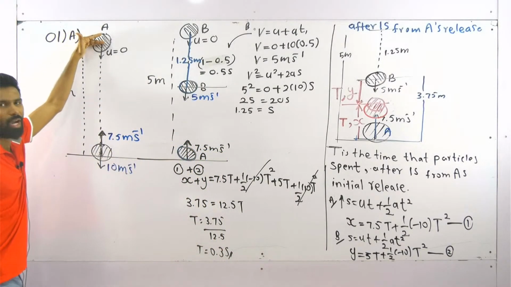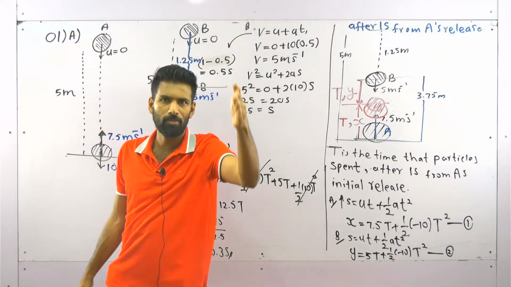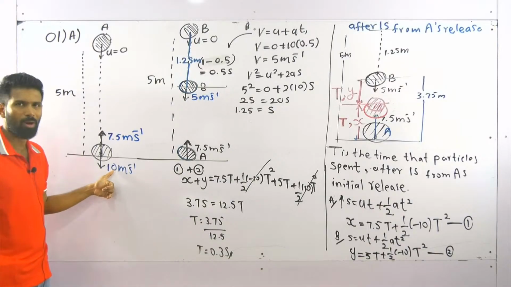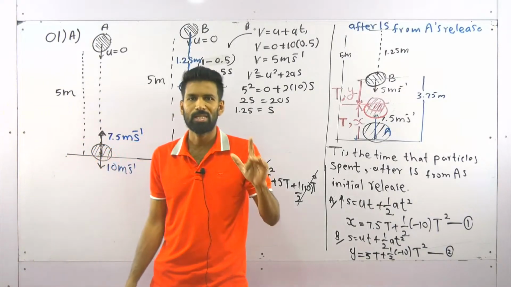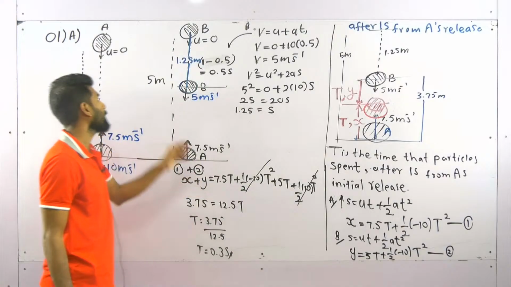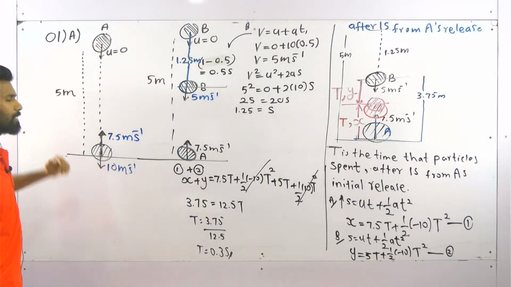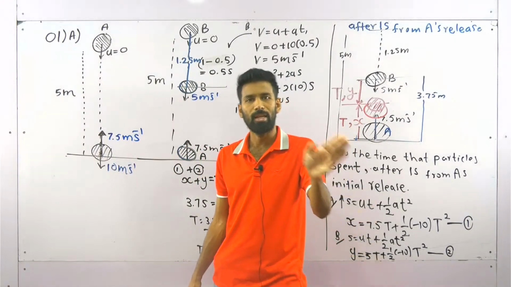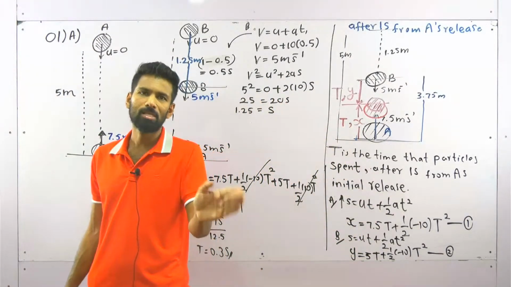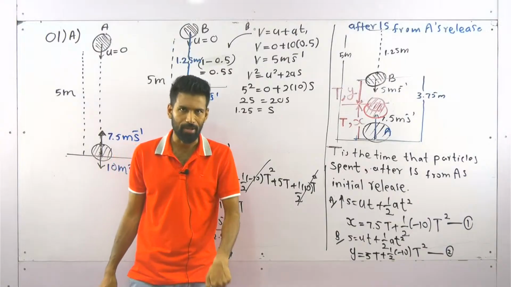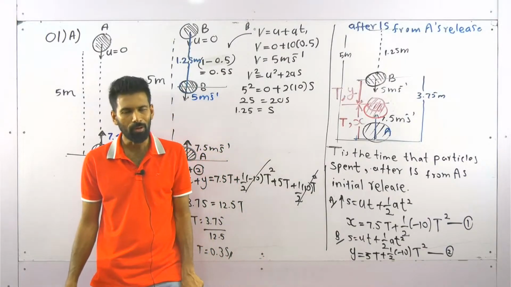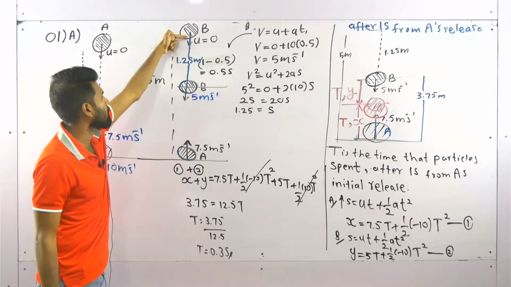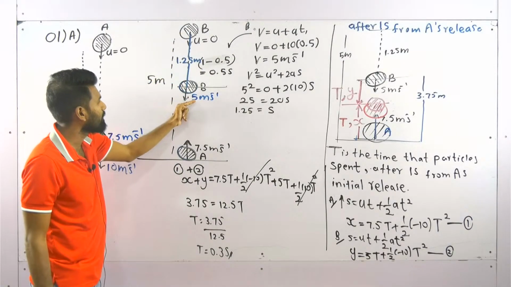Initially, A was released from a 5-meter height. It came this 5-meter length downwards and hit the ground with a velocity of 10 and bounces back with a velocity of 7.5 meters per second. To do that, capital A took a 1 second time. Within that 1 second, as B was released 0.5 seconds later than A, B had the chance only to travel for 0.5 seconds. 1 minus 0.5, again the answer is 0.5. So within that 0.5 seconds, B came downward a distance of 1.25 meters, gaining a velocity of 5 meters per